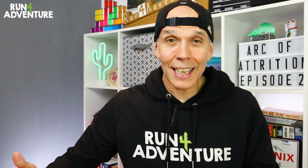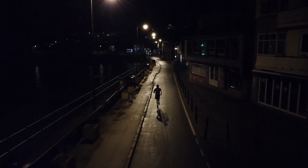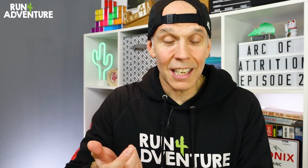It was good to get a nighttime longer run in before the Arc of Attrition, because at the end of the day, we're probably going to spend as much time running in darkness as we are in daylight in the race, and that's one of the reasons why the Arc is so challenging. So we managed to do just over 18 miles